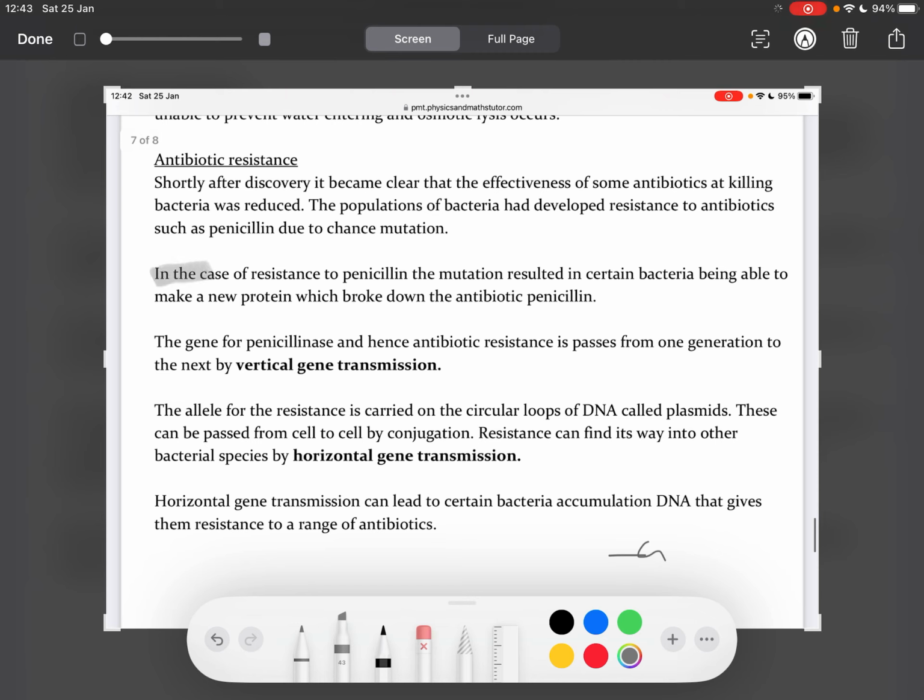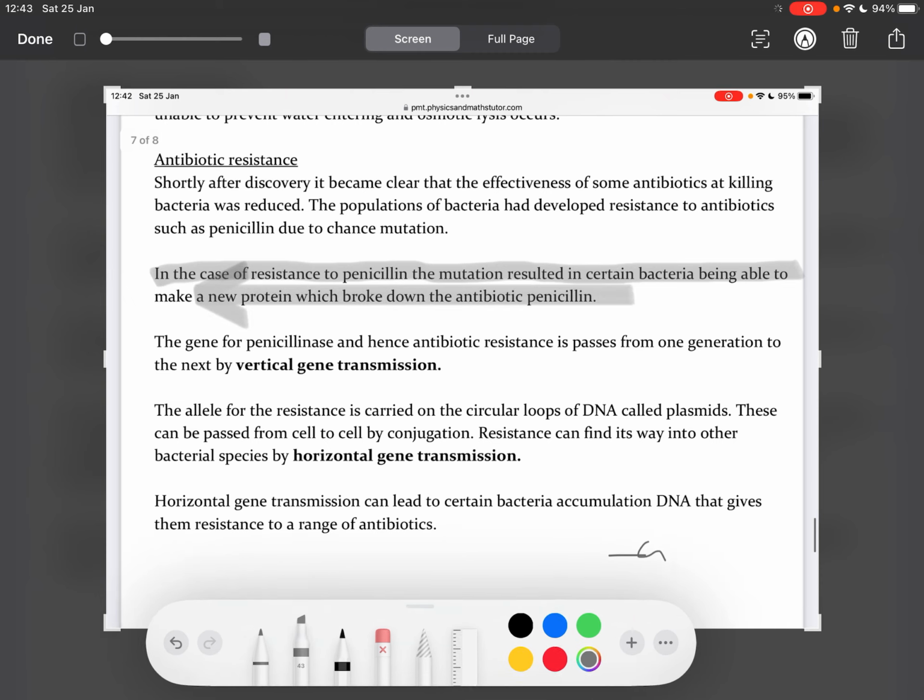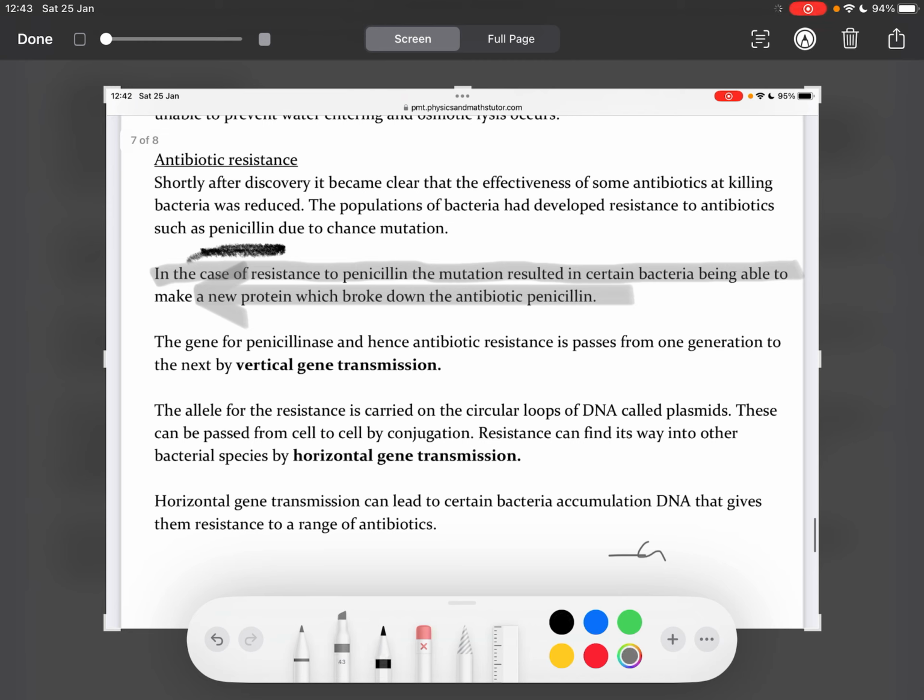In the case of resistance to penicillin, the mutation resulted in certain bacteria being able to make the new protein which broke down the antibiotic penicillin. This is how penicillin was resisted. The gene for penicillinase, and hence antibiotic resistance, is passed from one generation to the next by what we call